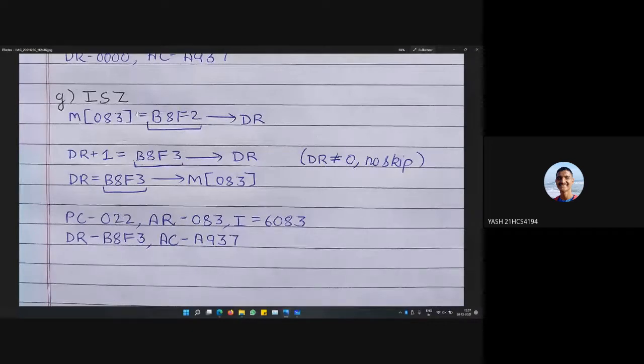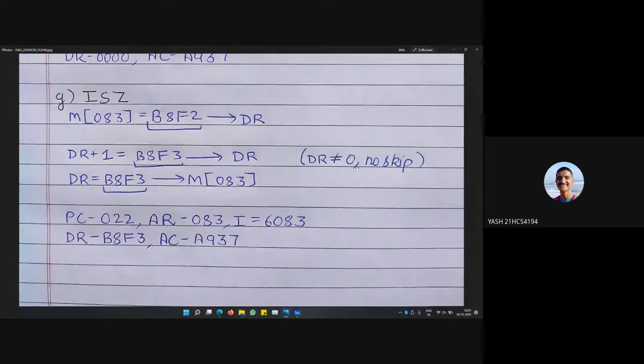Here the memory value is initially B8F2. So we fetch this value into the data register. Then we increment the data register value, so B8F3 is the new value. Now when we check, B8F3 is not equal to 0, so no skipping has been done.